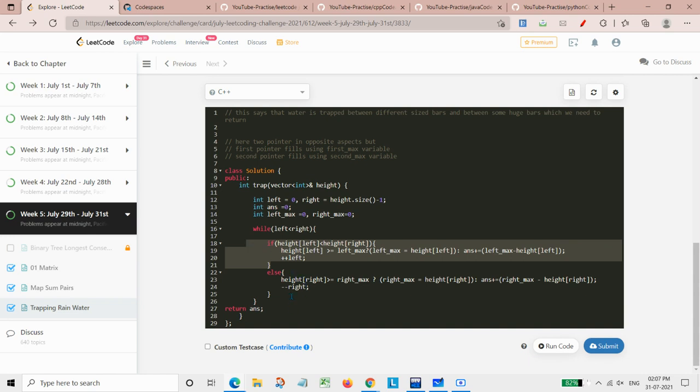Now comes the part when our height of left is greater than height of right. For that case, we simply check whether our height of right is greater than right max or not. If that is the case, then we update our right max. If that is not the case, then we simply update our answer, by subtracting height of right from right max.